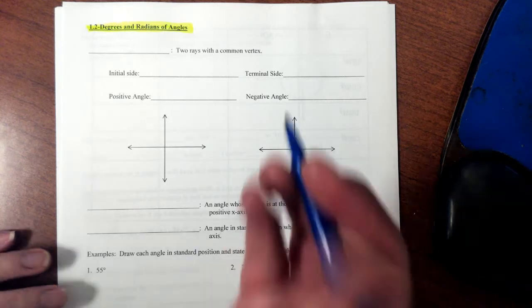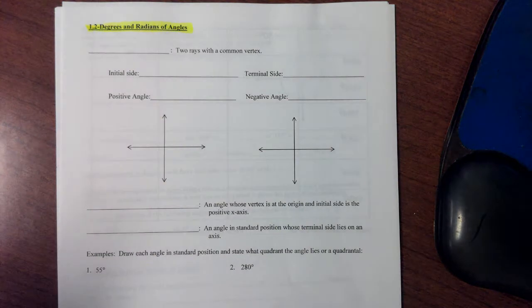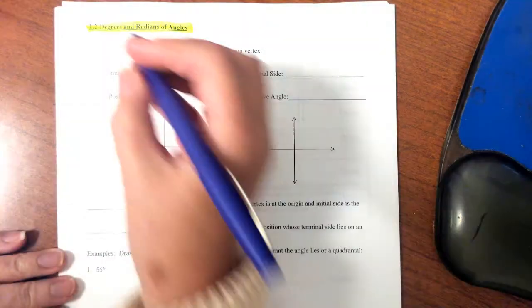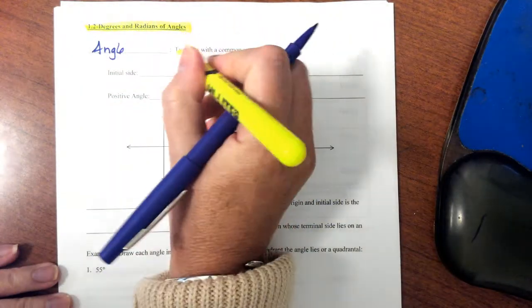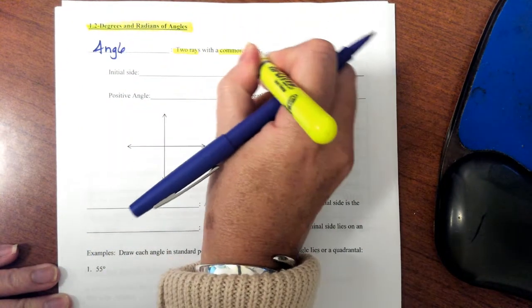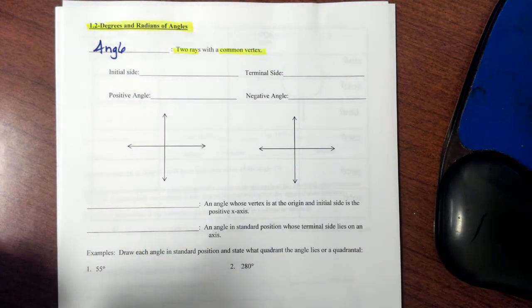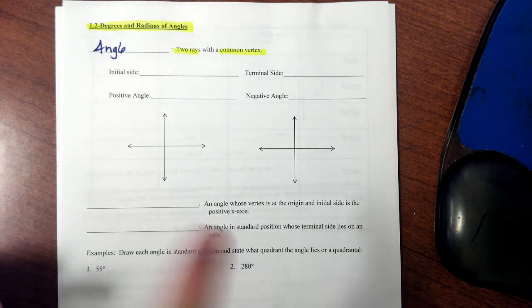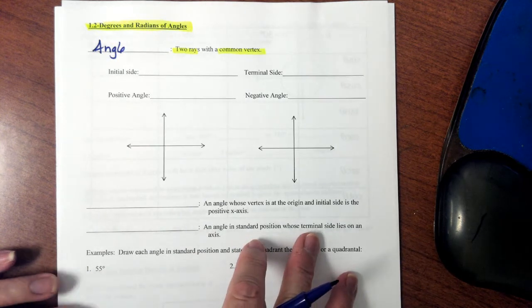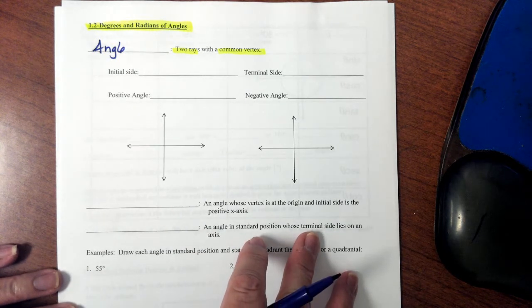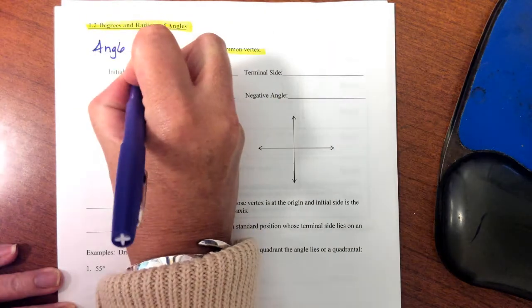So just to review a little bit from geometry, when we talk about an angle, remember an angle consists of two rays and a common vertex. Now when we look at our angles, we're going to be looking at them in our coordinate plane. So we have special names for the two rays of an angle. So first of all, an angle will have what we call an initial side,